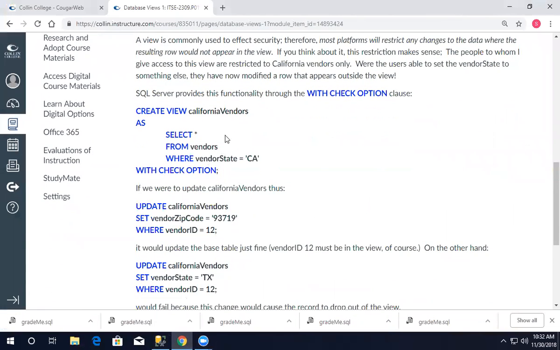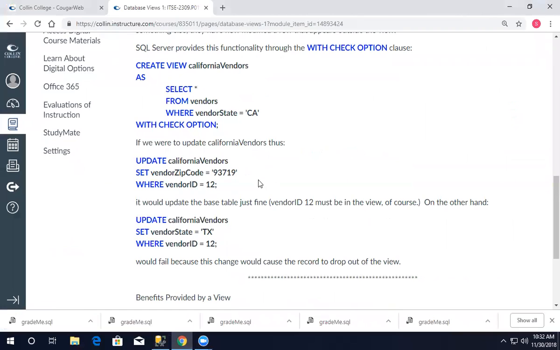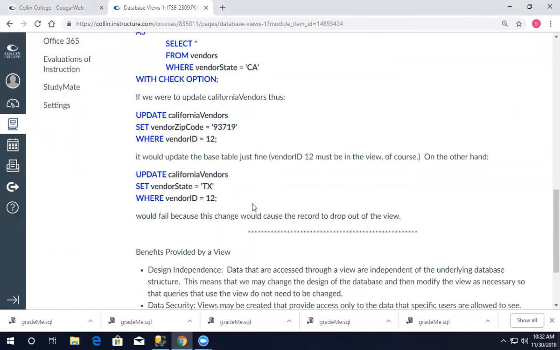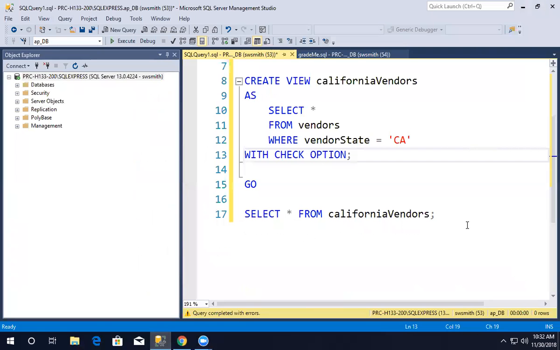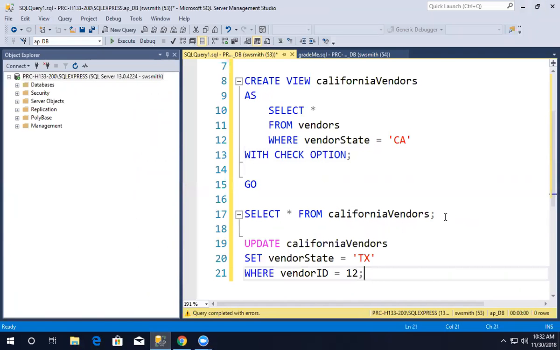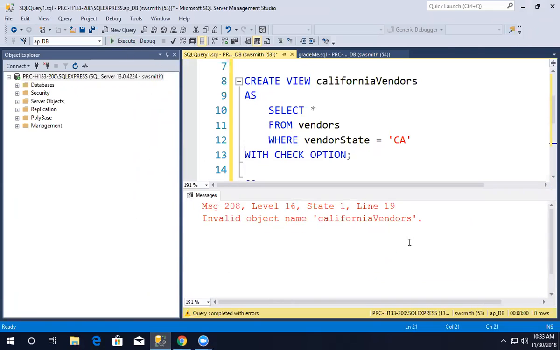Okay, there's the with check option right there. Okay, if I tried to update California vendors, now if I update California vendors, there's nothing wrong with that. But if I try to update California vendors and I try to make vendor ID 12 be living in Texas, but I have the with check option stopping me, if I try to update it like that, it's going to